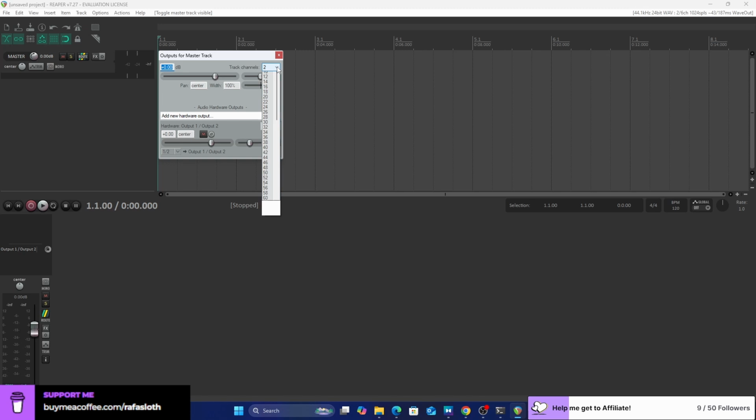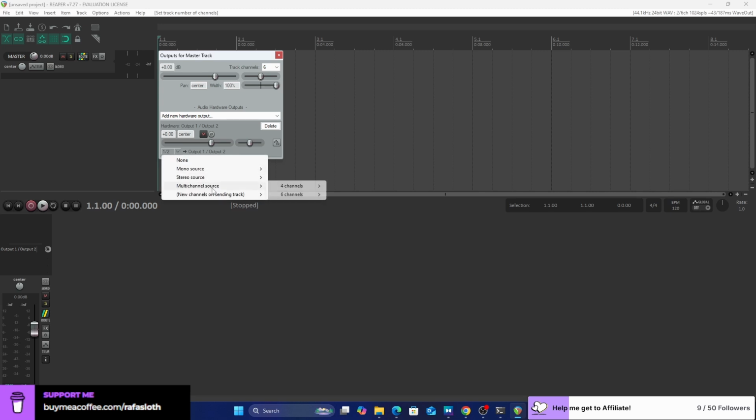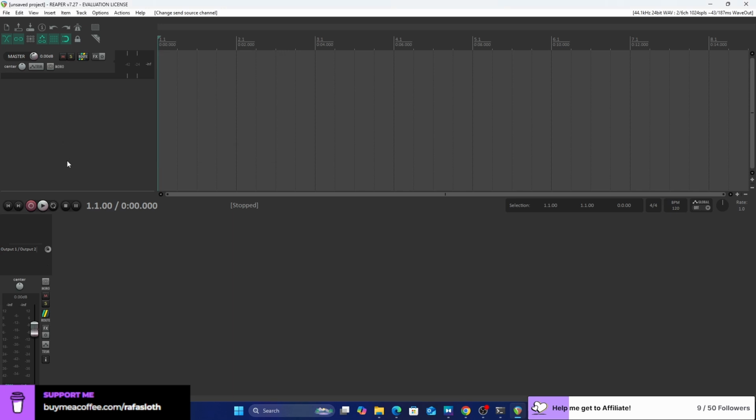And here we need to match the number of tracks, which is 6, because 5 speakers and 1 subwoofer. Here is multi-channel source. Okay. Don't need to view the master track anymore.